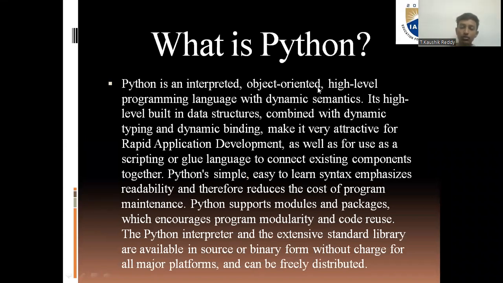So what is Python? We'll take a look at the definition of Python and the basics of Python. Let us know what Python exactly is. Python is an interpreted object-oriented high-level programming language with dynamic semantics. Its high-level built-in data structures, combined with dynamic typing and dynamic binding, make it very attractive for rapid application development, as well as for use as a scripting or glue language to connect existing